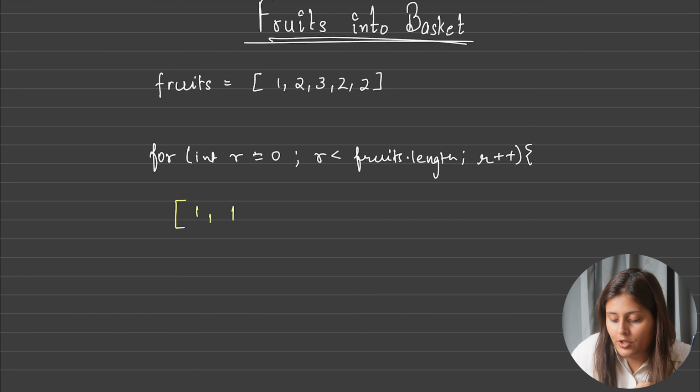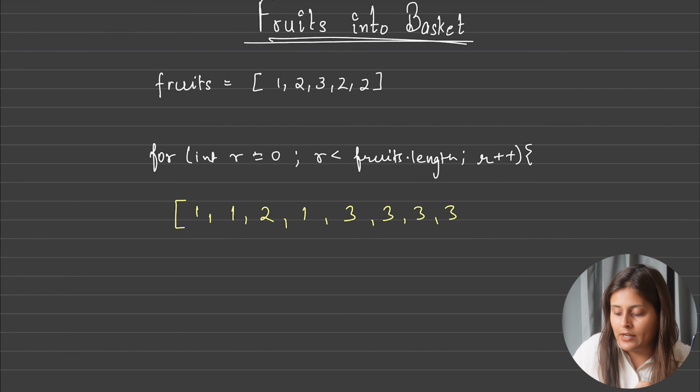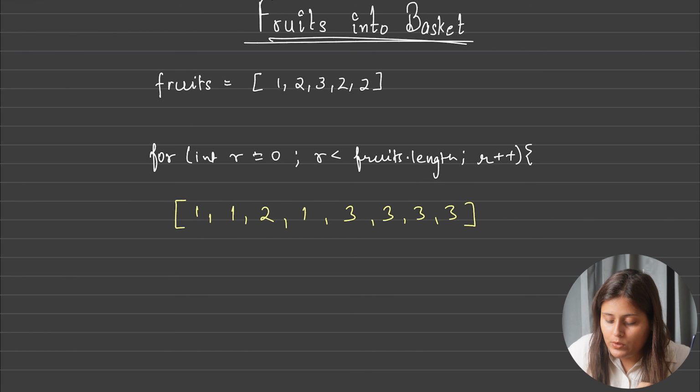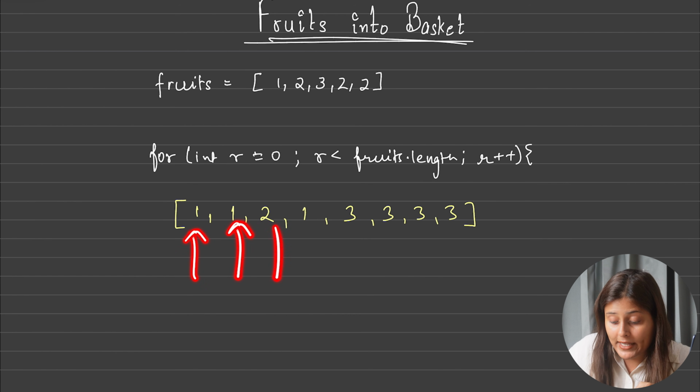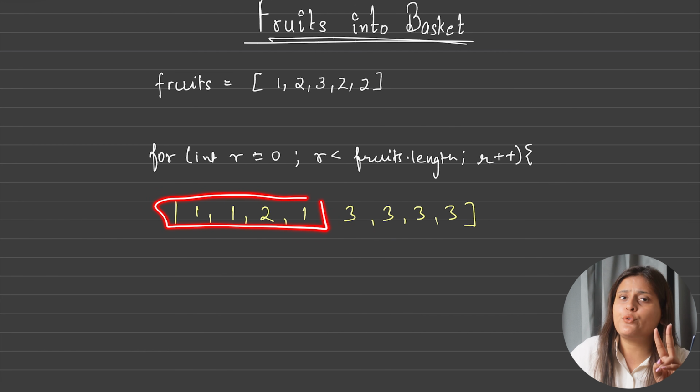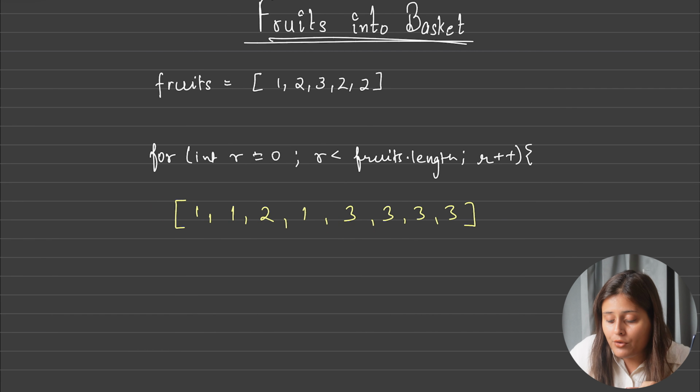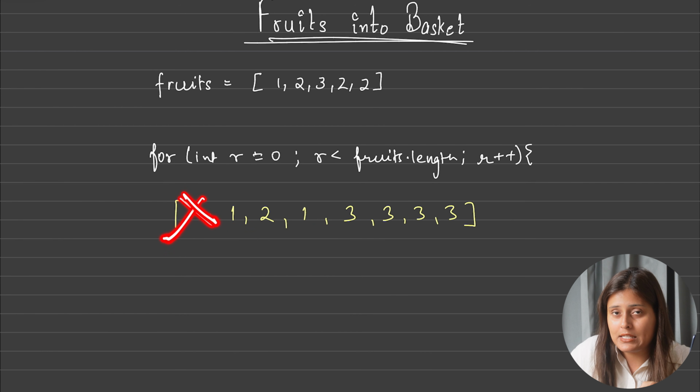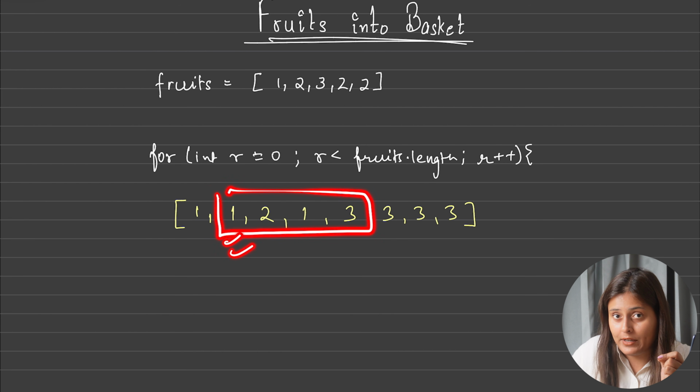Here we have 1, 1, 2, 1, 3, 3, 3, 3, and so on. So you will see one type of fruit, a second type of fruit, and the first type of fruit again. And here you will encounter a third type. So can I say that till here I have only 2 unique fruits? Yes. Now if you move from here, you have to remove this, and if you remove this in a set data structure, you will remove this although you had this 1, 1 after that also.